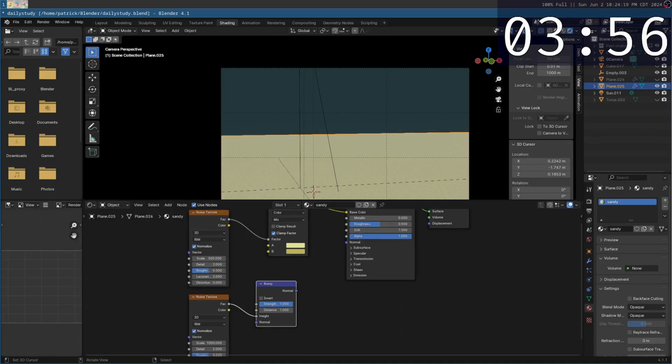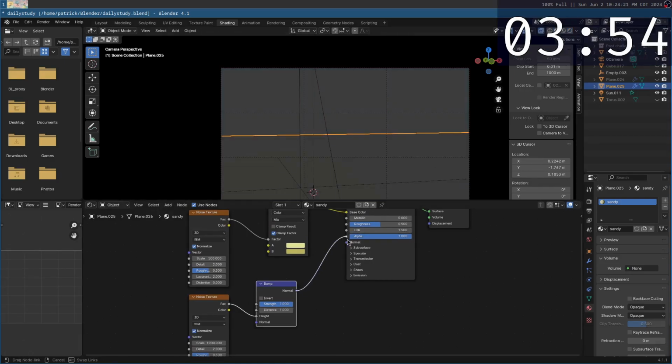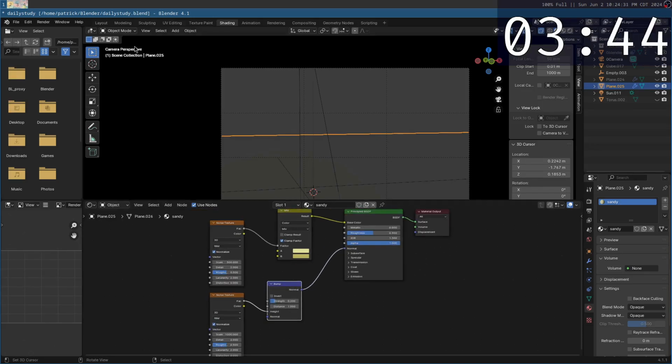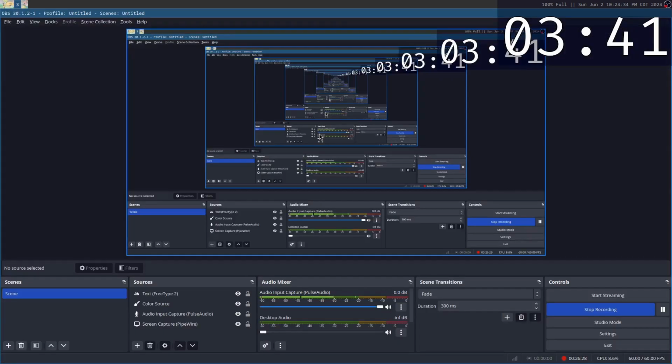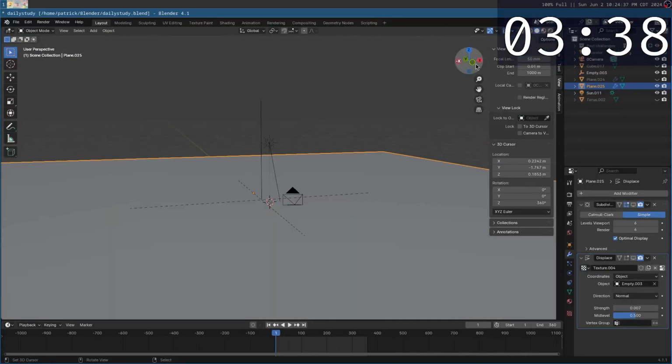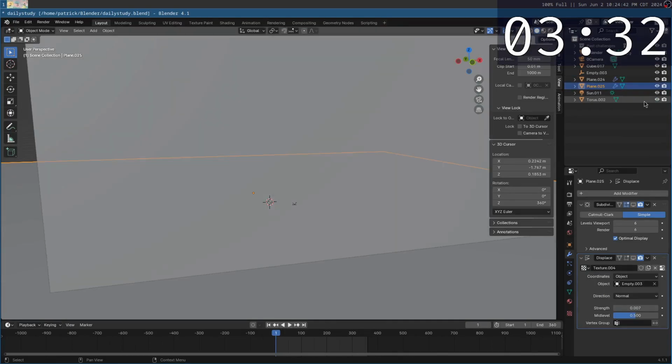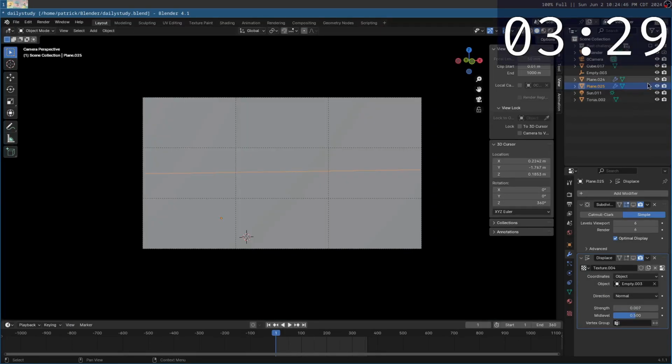data, and I'll hop back into solid view because it's very much slowing my computer down. Turn the strength down. I already know it's going to need to be lower at like 0.2 maybe. And with that, I think that should be good for the scene. How much time? 3 minutes. Maybe I'll add in a single kelp bush, maybe, or maybe it's worth it to add in our anchors and